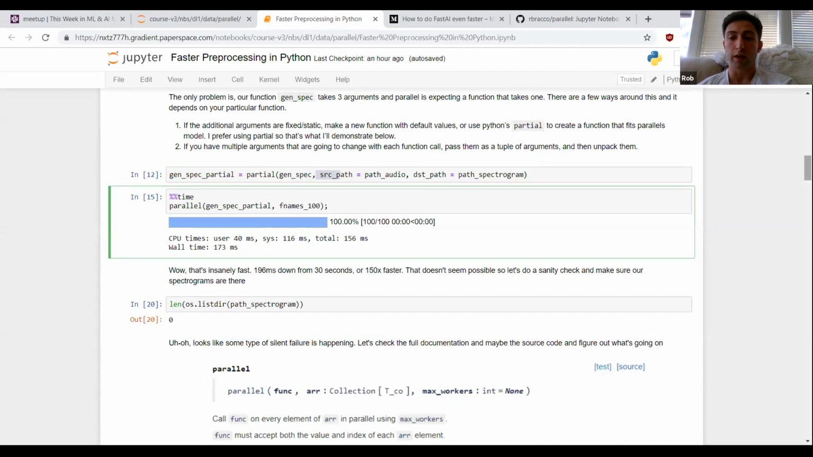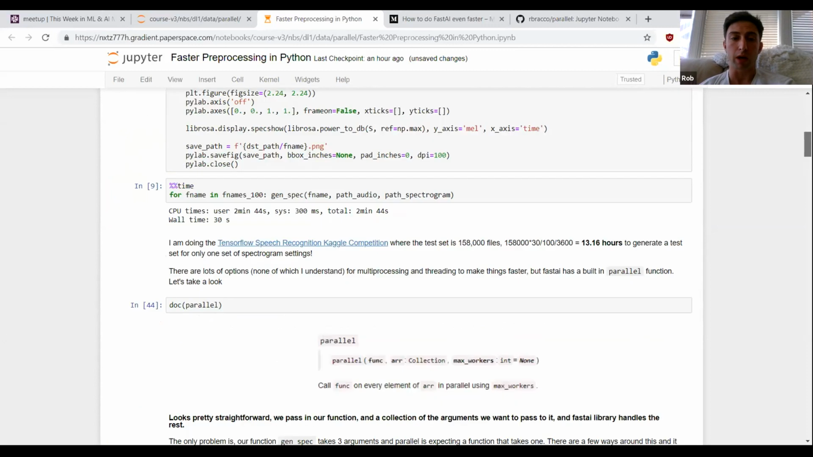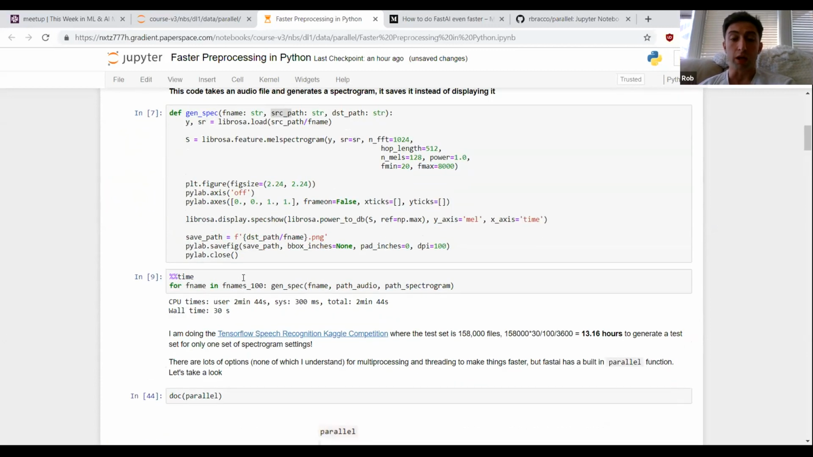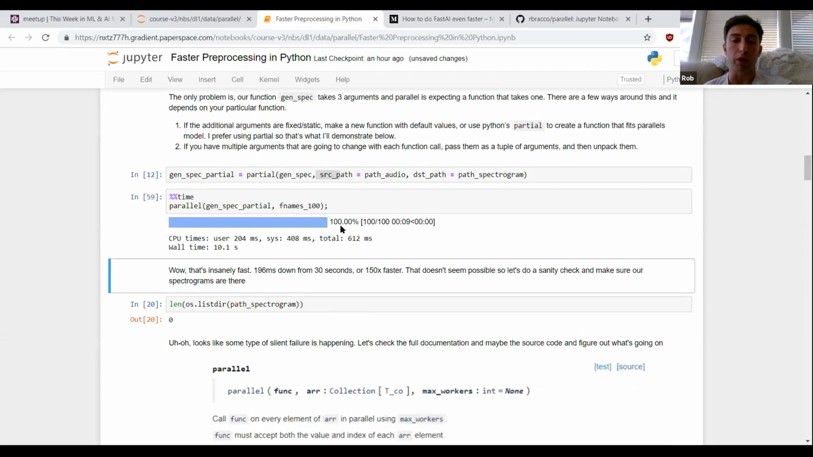And we can go ahead and run it here, and an interesting thing happens. Up here, I benchmarked it without running parallel, just my normal method, and it took 30 seconds for 100 spectrograms. So again, at that rate, it would be 13.16 hours. And if you come down here, the progress bar completes. It's super,